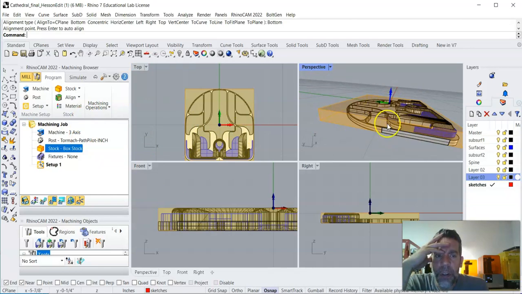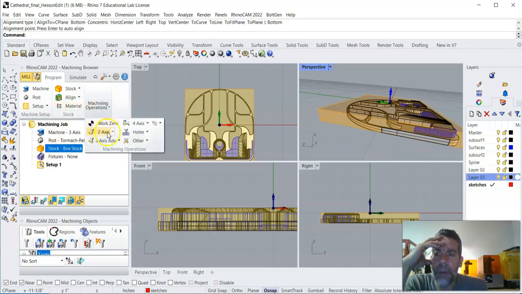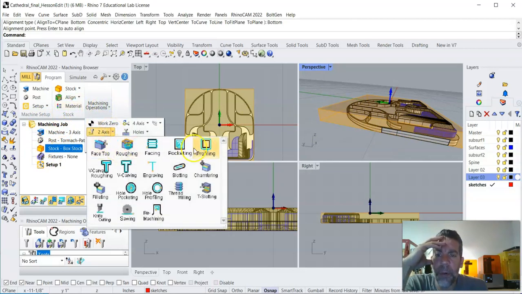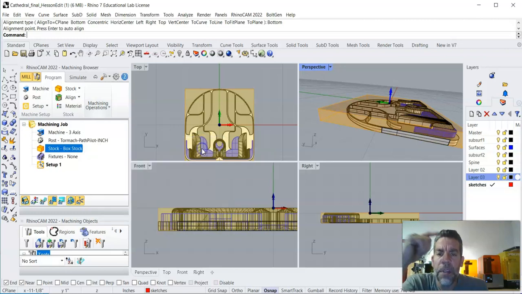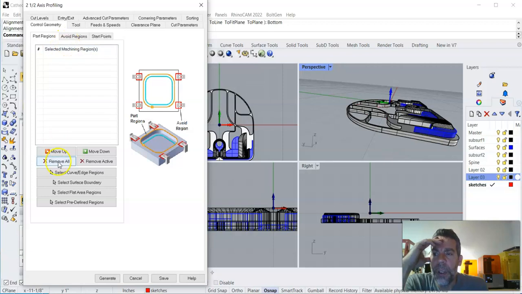removing some material just from these inner forms, these windows. To do that, I'm going to do a 2-axis milling operation that's a profile. So we're going to profile around those windows. This is where making that geometry clean matters, and like I said earlier, you don't even need